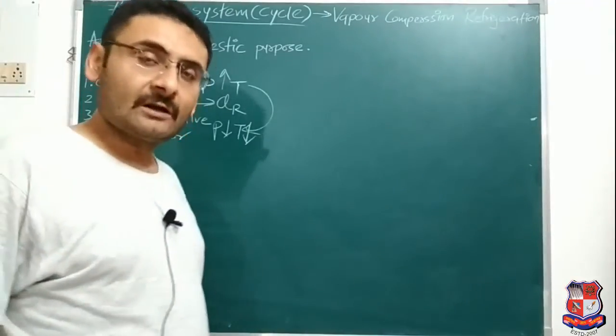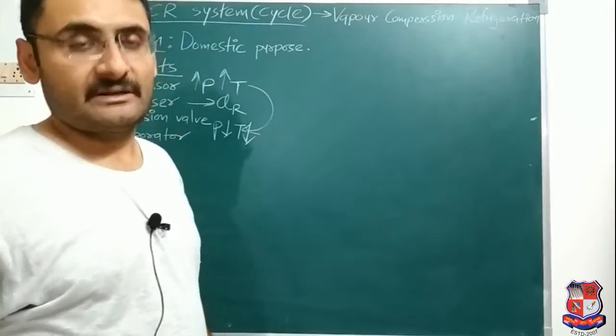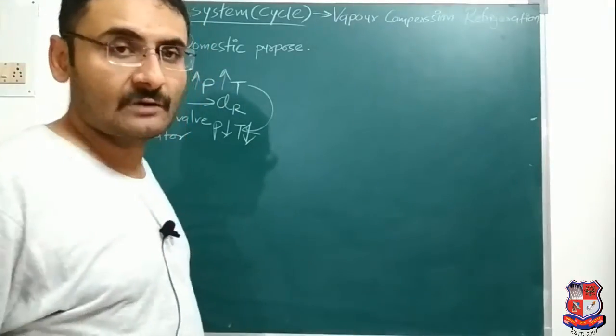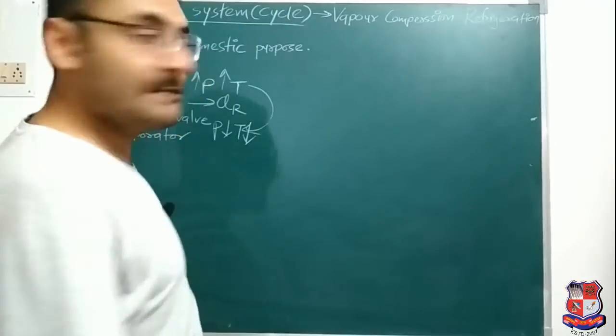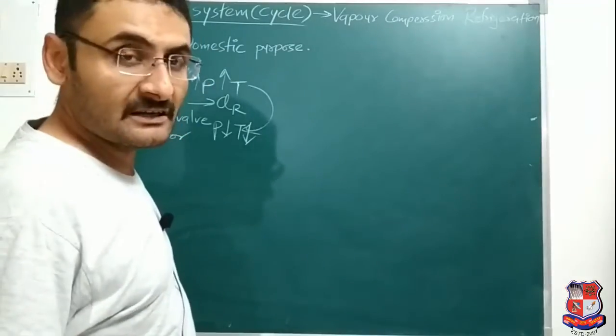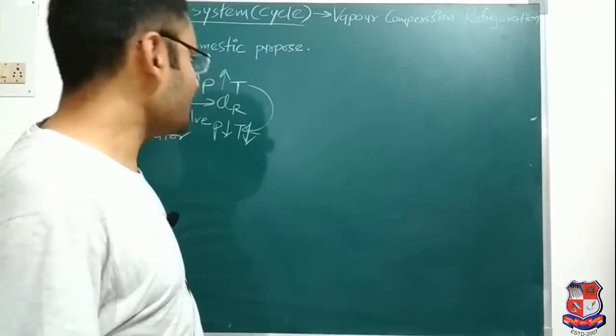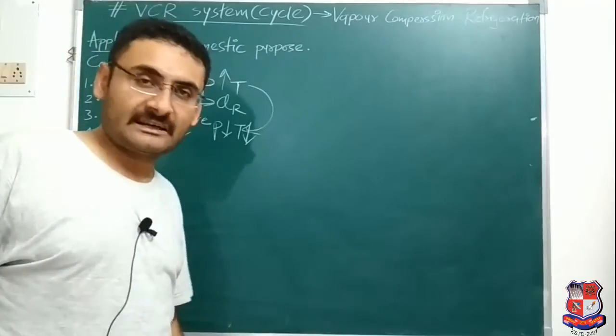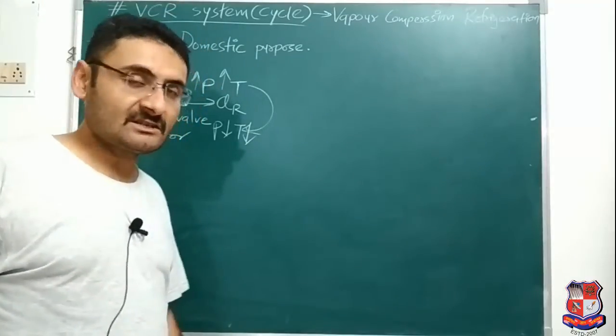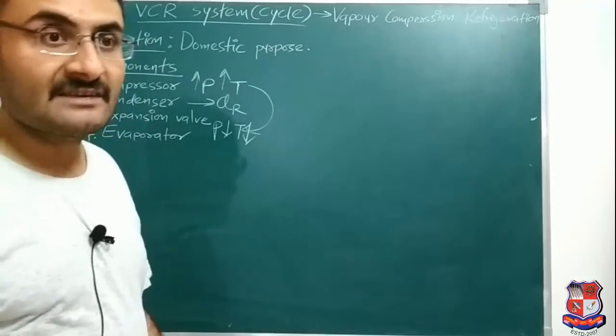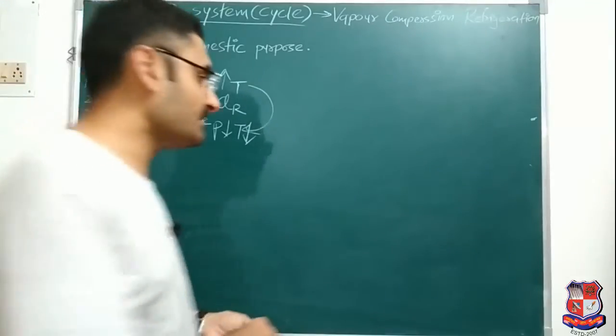Now we will move on with the working principle. So the next part of this topic is what? Working principle. First part, application. Next part, components. You have to explain each and every component, and then the next part is your working principle. Now in the working principle, first of all, you have to draw the circuit diagram. How will you draw the circuit diagram?